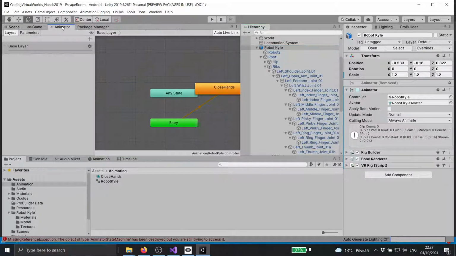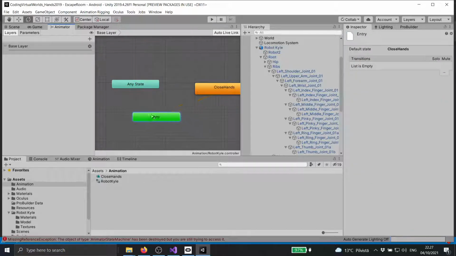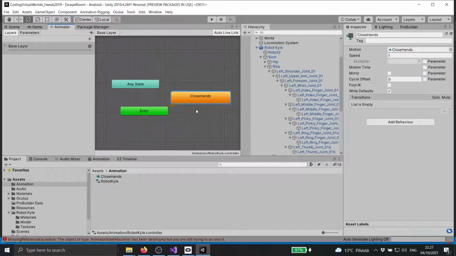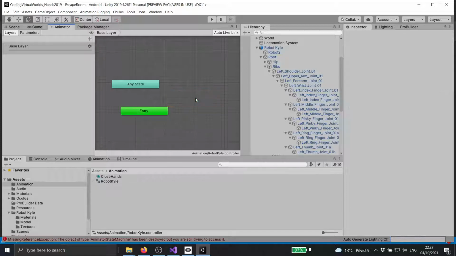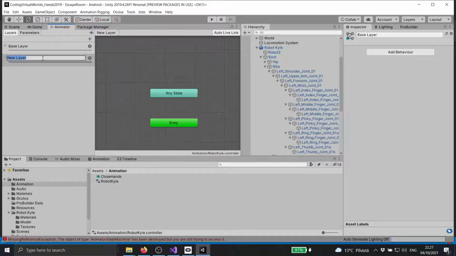So we go into the animator. And we find this close hands already, but let's delete this base layer, and we'll add a new layer which is called grip. Let's start with left. Grip left. And